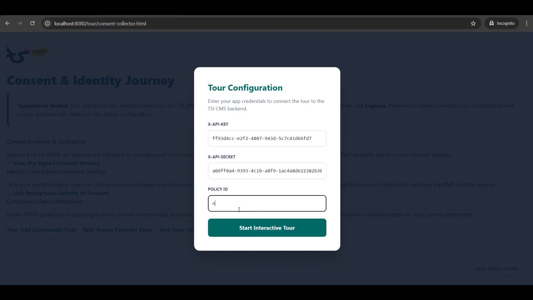Policy ID is the one that I should define,